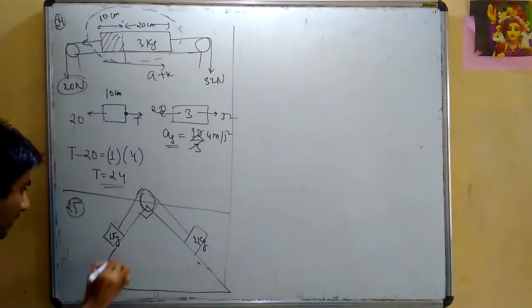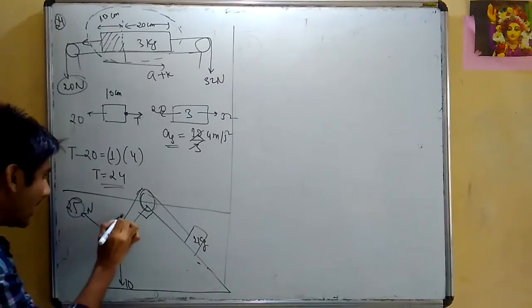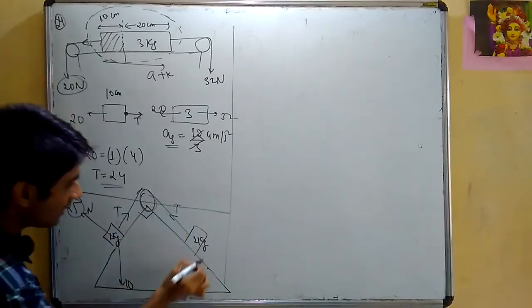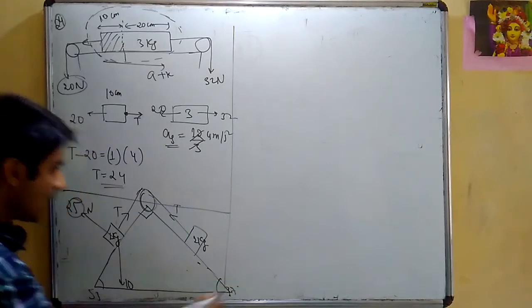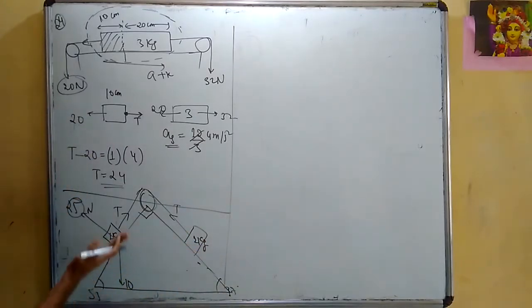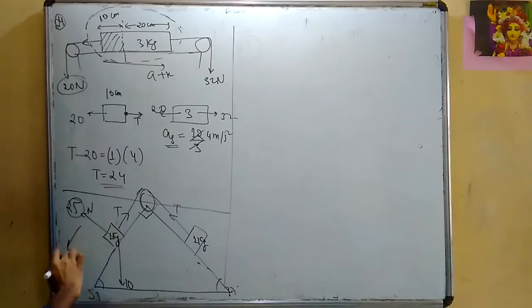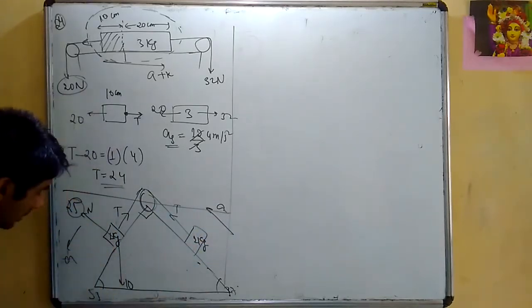See, if you draw the FBD of 1 kg, क्या क्या force लग रहा है? नीचे की तरफ 10 and one normal here and one tension here. Because this is one string only, tension इस पे भी T ही लगेगा. And one thing you observe, ये 30, ये कितना था? ये 53 था. And this was 37. A mass is same. आप देख के बोल सकते हैं कि चूंकि ये ज्यादा slant है, this will go down in this direction. So acceleration इधर ही रहेगा. And this will go up with acceleration A. Same acceleration रहेगा दोनों का.